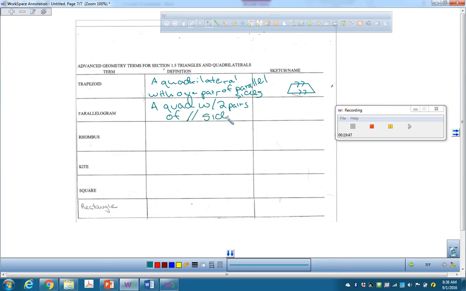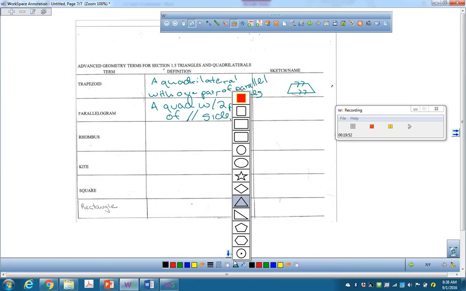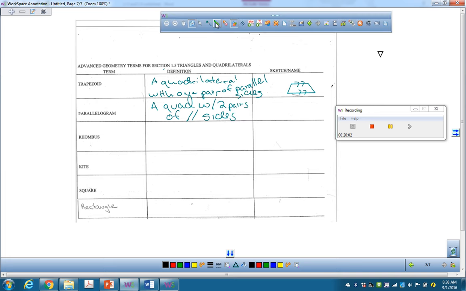I'm going to start abbreviating. That means parallel side. And if you're going to draw one of those, I think I have a tool that draws parallel. Do I? I don't know. That's not going to draw parallel. I think I have to use my